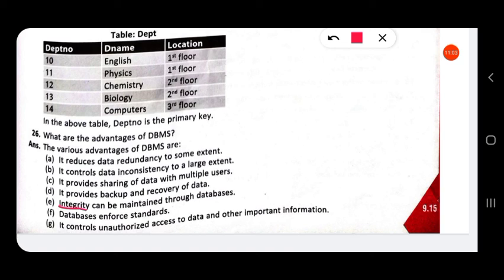That is called integrity is maintained. Then the database enforces standards, so all types of standard data can be stored in the database. Then it controls unauthorized access to data, that is, it provides security to the data.